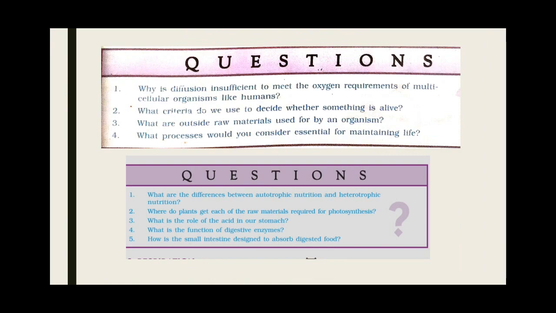Now the role of acid in the stomach, that is hydrochloric acid. It is an important component of gastric juice. You can write it. It is secreted inside the stomach, which makes the medium acidic, which is very necessary for the activation of the enzyme pepsin. It also kills the germs and bacteria to purify the ingested food.